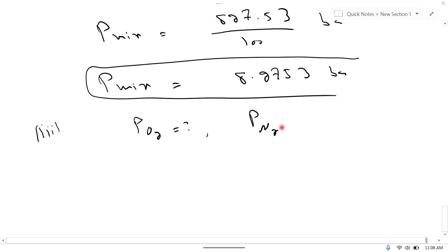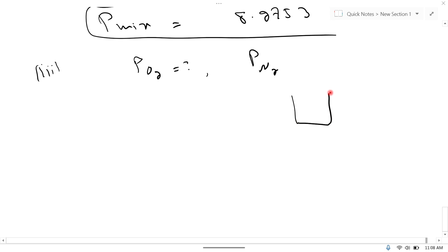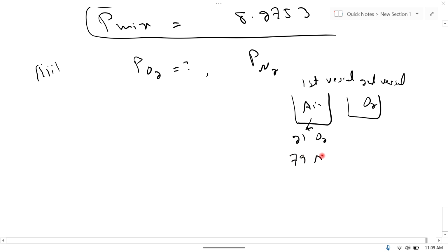But we know that in the first vessel there is air, and in the second vessel there is oxygen. But we have to find the partial pressure of oxygen and the partial pressure of nitrogen. In air, 21% is oxygen and 79% is nitrogen. So here we have to find the partial pressure of